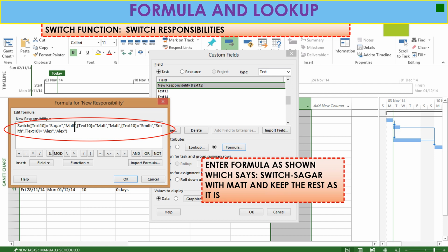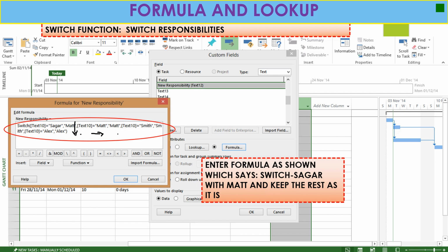What this switch function shows us is: switch Sagar with Matt and keep the rest as it is. So we have to switch our responsibility from Sagar to Matt and keep the rest of the activities as they are. You can use this switch formula for a new responsibility task.